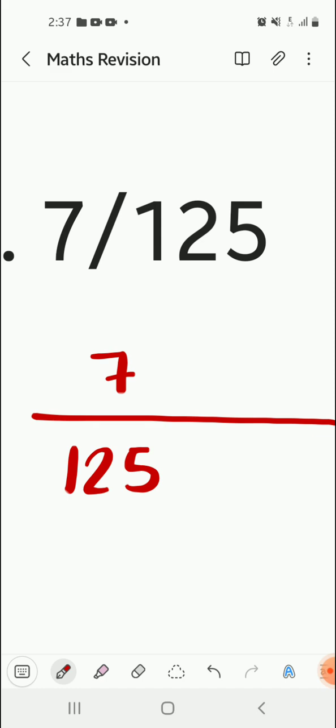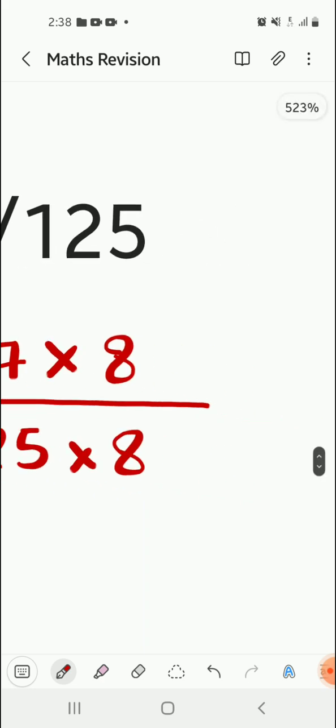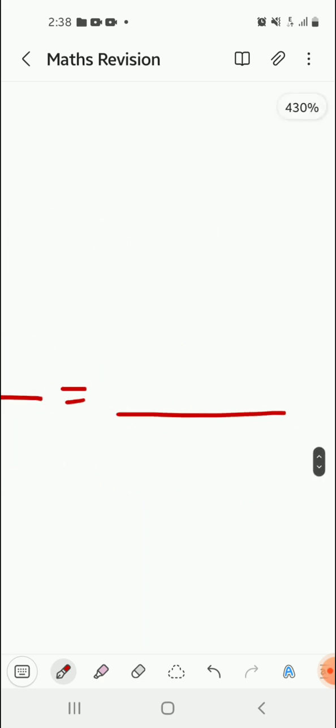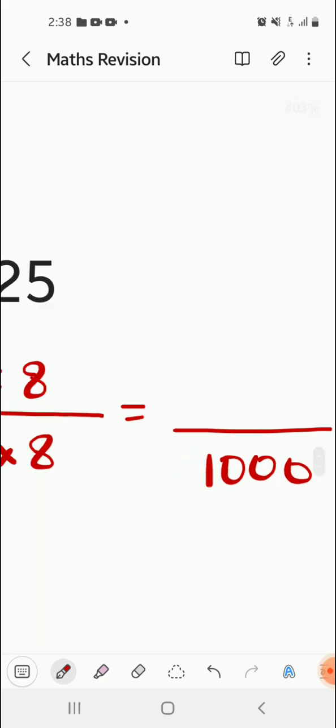How will you understand this? It's very commonsensical. See, 125 into anything can't be 10. It can't be 100 as well. It has to be more than 100. So more than 100 is 1000. You see 125 into 8 is 1000. So multiply the same with the numerator as well. Doing so, we get 125 into 8, 1000, and 7 into 8,